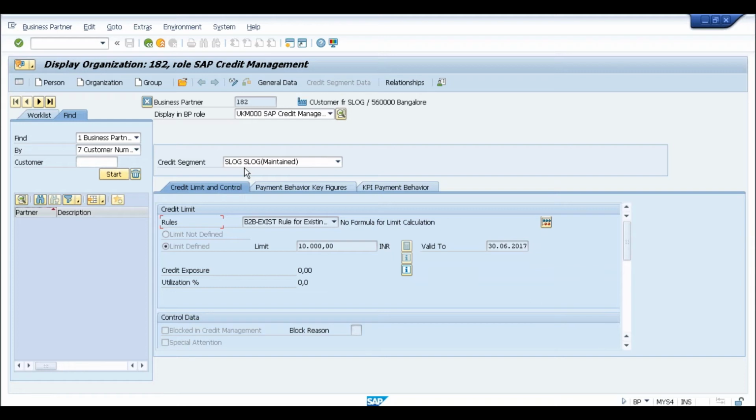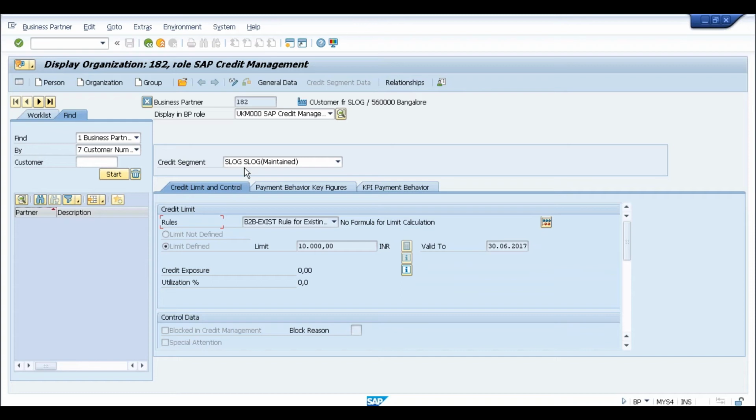Because everything is managed at the credit segment level going forward, do we really need to have a credit control area going forward? Yes. Again, the reason is, what if you are following a distributed system landscape? For example, this particular system is using FSCM credit management. Let's say another system is working on ECC, where there is no credit segment and we are following the old credit management. In that case, if you want to have centralized credit control, your credit control area data will come into this system and it will be clubbed at the credit segment level.